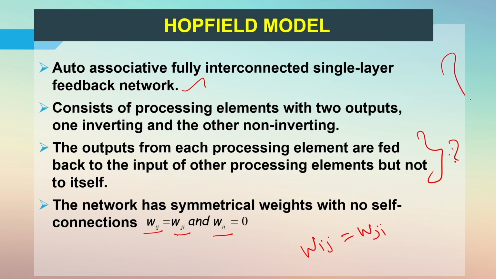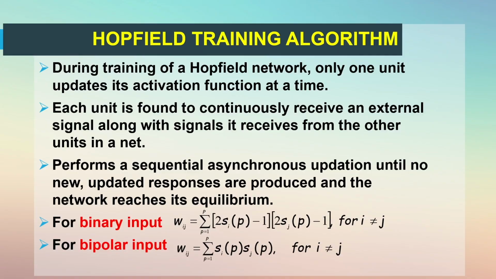So, these are the characteristics of the Hopfield model. What is the training algorithm? As I said already, the training algorithm is nothing but the weight updation. The first step is net input calculation. Over the net input, the activation function is applied to produce the output. Once the output has been produced, it is compared with the target. Based on the error, the weights are updated. So, in general, training is nothing but the weight updation process, and you should always think about how the weight updation is carried out.